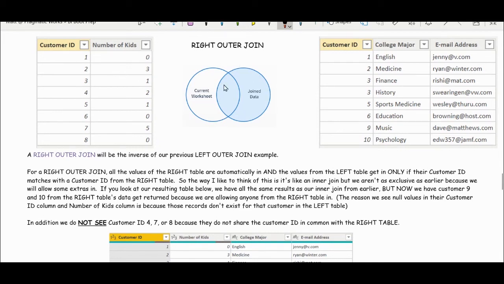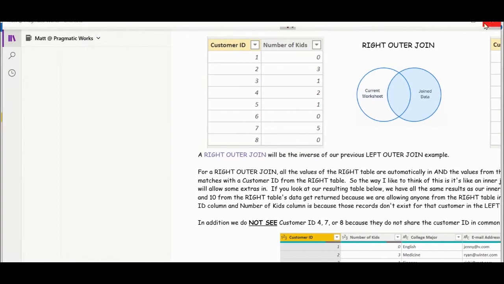So now we're saying, hey, we're going to get that intersection again, no matter what. They're going to be there. So those original 7 people are going to be there. But now, on the right-hand side, we're saying anyone in the right-hand table automatically gets put in. You do not have to be part of the left-hand table as well. So let's just do this with